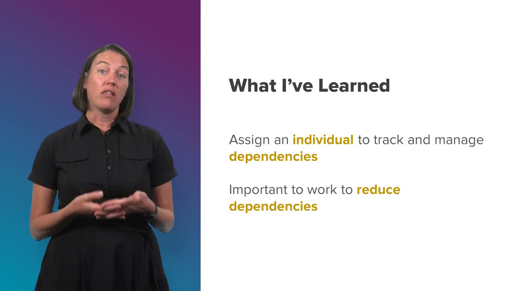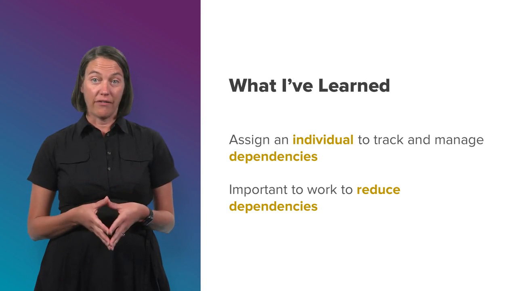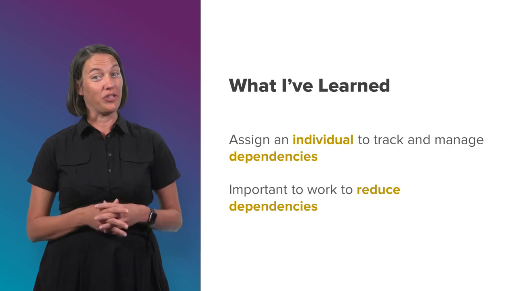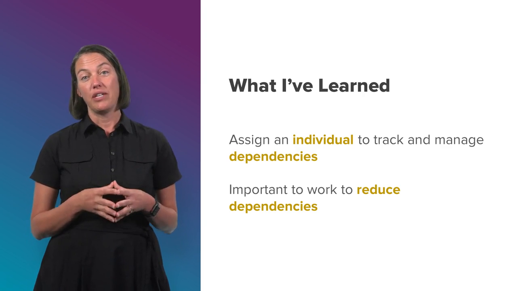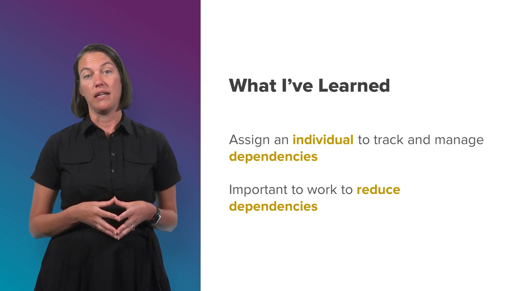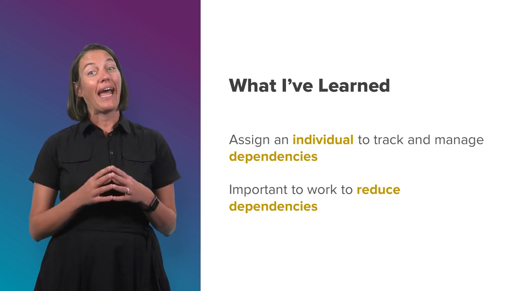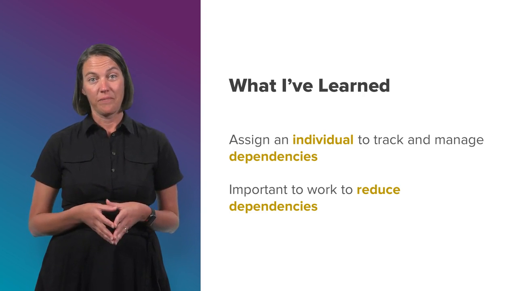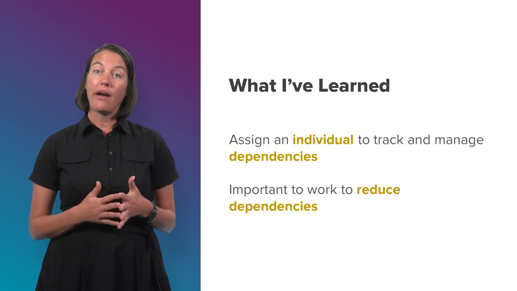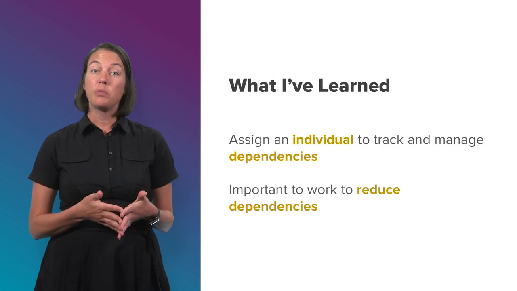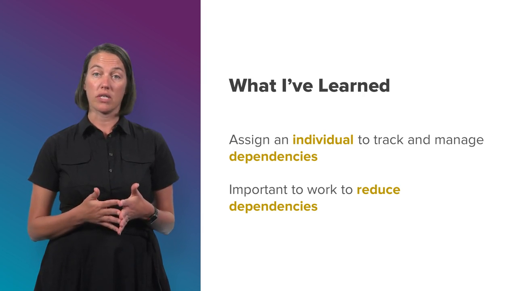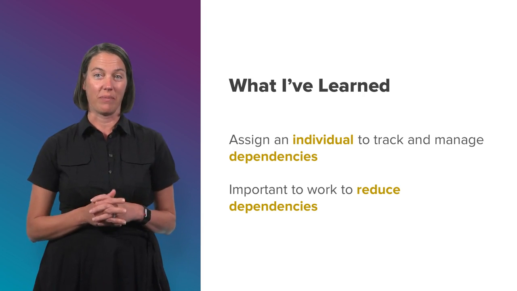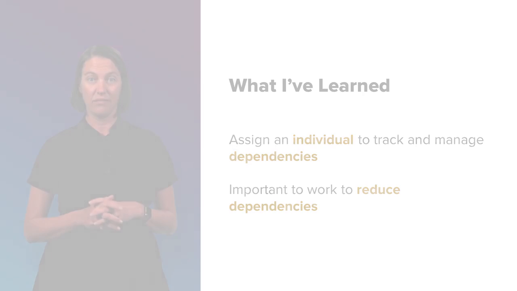What I've found is that a lot of organizations are really good at identifying dependencies and managing those dependencies. Usually that is through an individual. You should assign somebody to track and manage the dependencies in a given project. What I haven't seen as much, though, in my work is a reduction of those dependencies. So when you know that you are going to require another team to deliver, an option would be to build an API or a service contract that allows the team to be autonomous the next time they need to deliver something instead of needing another team again.